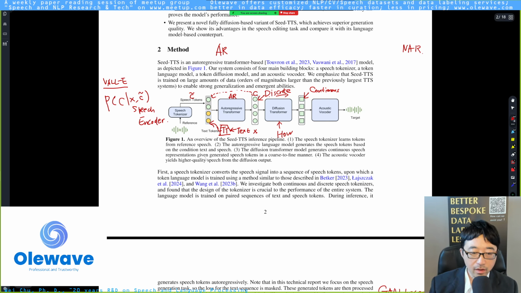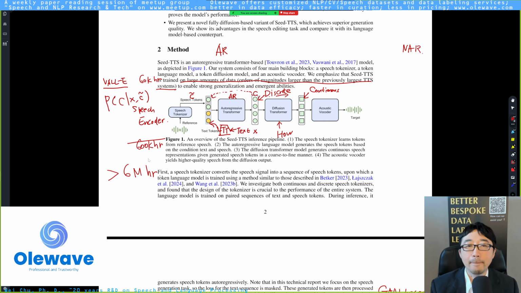And they also mentioned, they keep mentioning this: they train on a large amount of data, orders of magnitude larger than the previous large TTS systems. Okay, guess how much data was used in the Valley paper? It's 60,000 hours. And if they're saying orders of magnitude, I think it's not just one magnitude larger, okay? So I can rule out 600K hours. So it's at least 2 magnitudes larger, right? Otherwise, they won't use a plural form. So this is my speculation. They use at least 6 million hours of data to train